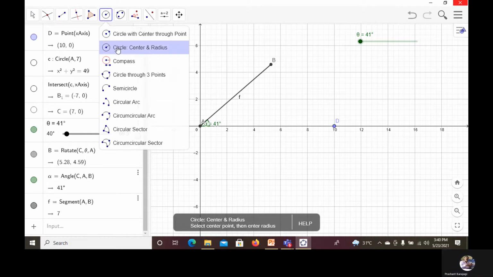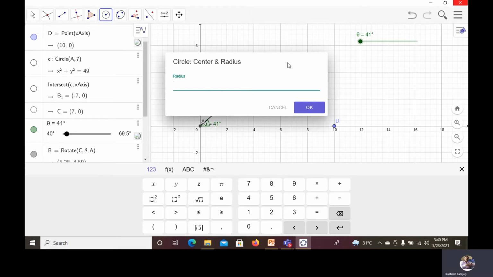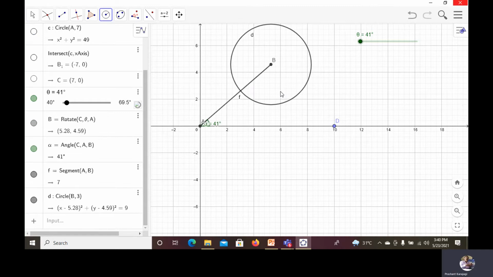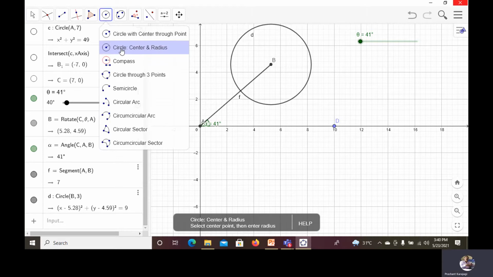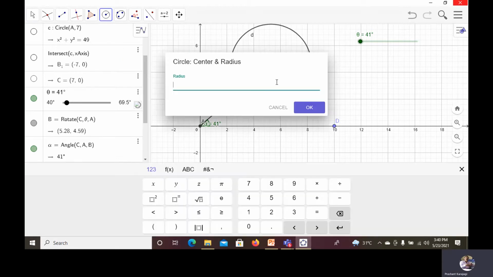Again, you take the circle command with center B and radius 3, that is the length of BC. Again, take the circle command choosing center D with radius 7, which represents the length of CD.